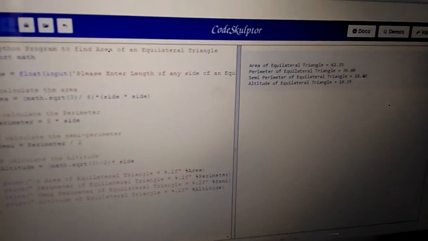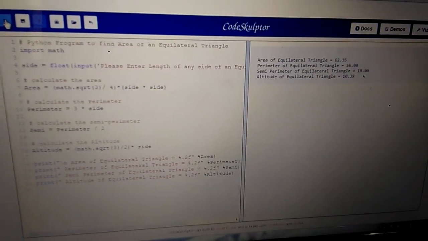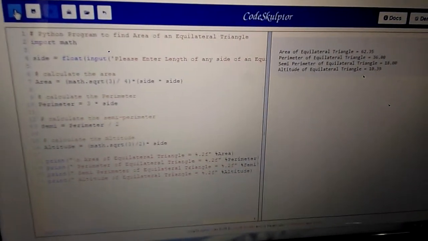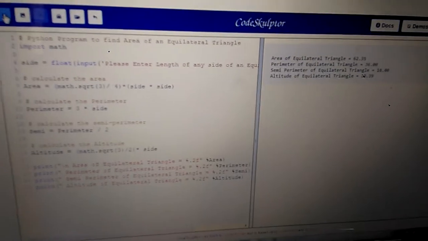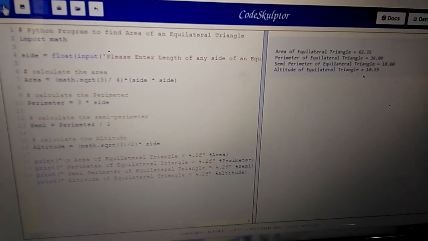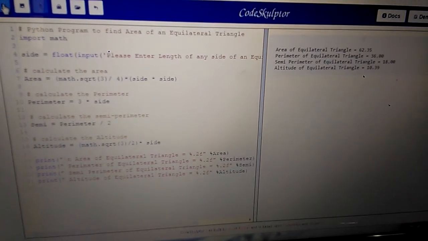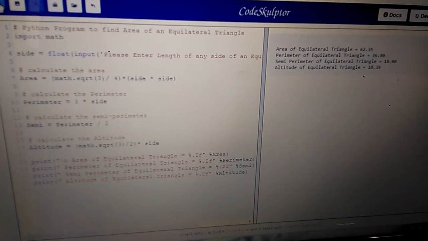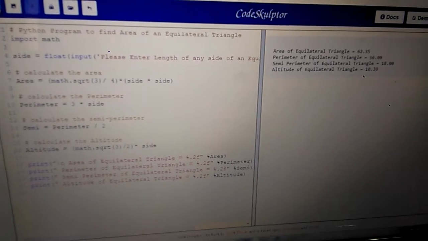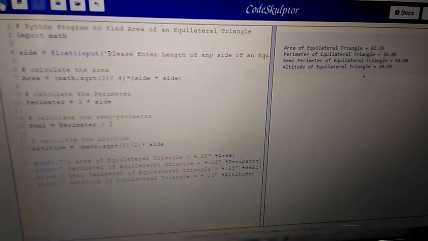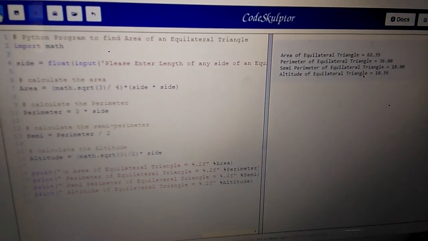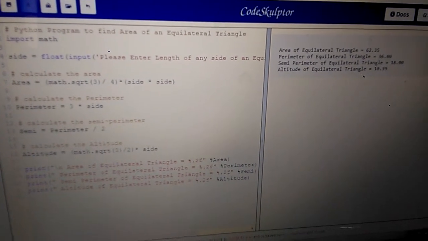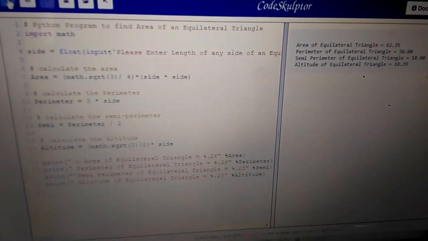This is the interface of the sculptor. This is basically the view of Python. So this is a very simple program you can run by yourself, and you can calculate the area of a triangle, area of a rectangle, area of a trapezoid, if you know the formula and the concept of all the following shapes or geometric figures. Thank you so much.